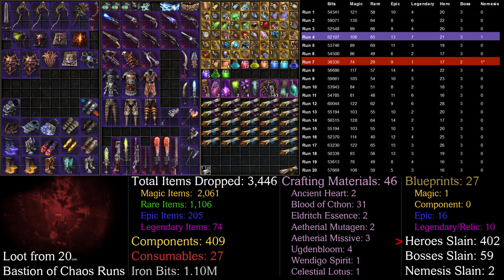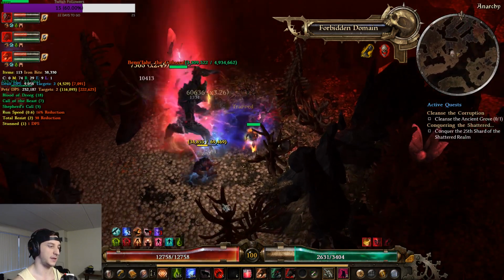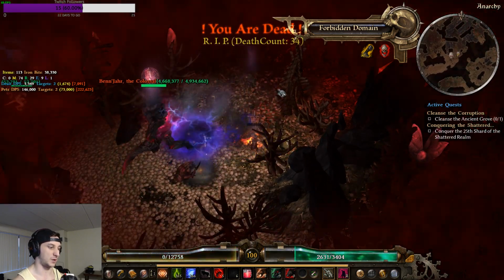402 heroes were slain, 59 bosses were killed, and only 2 nemesis were killed. And when I say killed, I really mean I killed 1 and I got wrecked by 1 on my 7th run. He does a trap and then he does some bomb explosion thingy. Ooh, yeah, that was